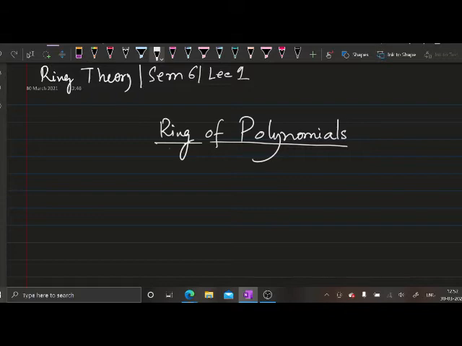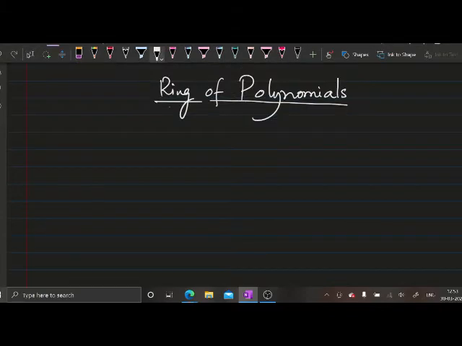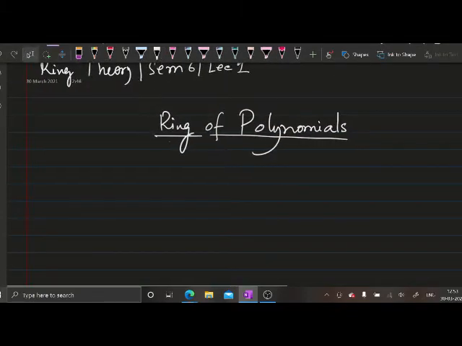Now we have the working idea previously of what a polynomial in X means with coefficients, suppose that has been taken from the real numbers. So we know that whenever we are considering a polynomial,